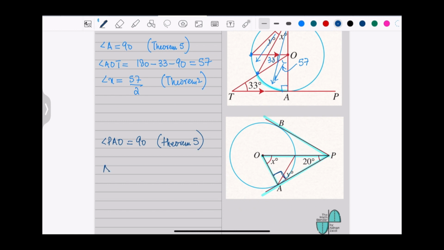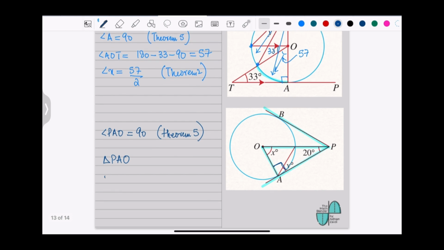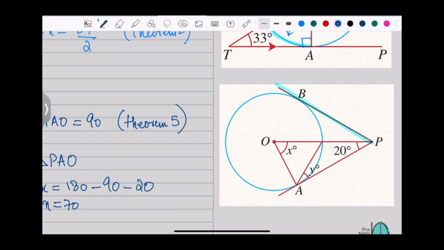So from triangle PAO, I can find x by subtracting 180 minus 90 minus 20, which means x is going to be 70. Now in order to find y, erasing all the highlighted, because now this one is 70, and we can